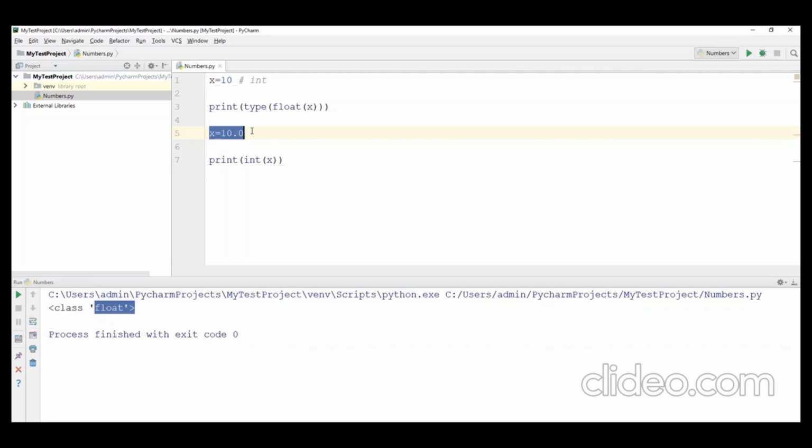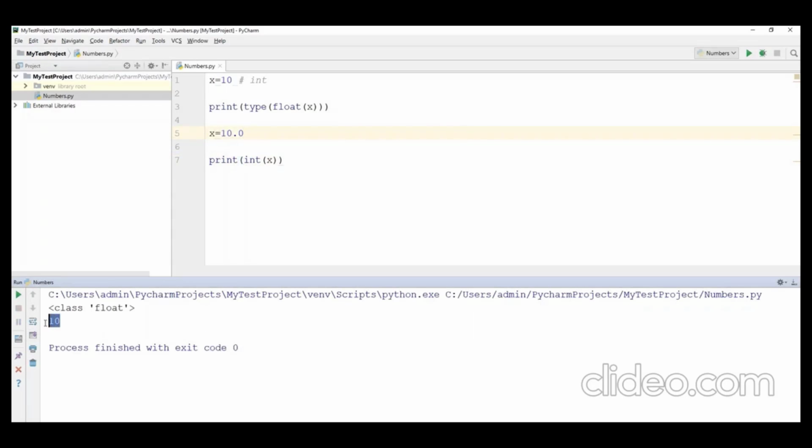So what I'm doing here is, x is a decimal number for now, and I'm just converting that into integer format. Now let's see the output here. What is the output we are getting here? 10 we are getting. So 10 means it is able to convert it, right? So float function will convert int to float, and similarly, int function will convert float to int.